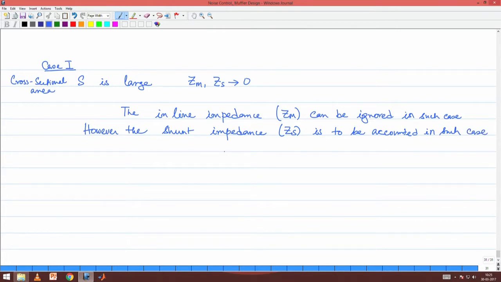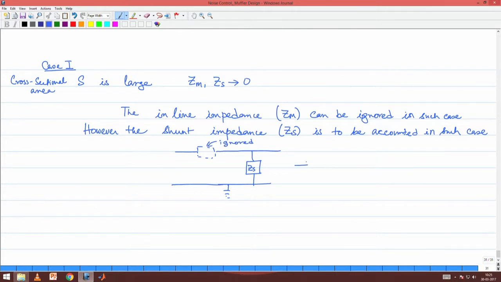So, that leaves us with the situation that in this case we will have only a Zs in the shunt position, and virtually this Zm block is not there. Okay. So, this is ignored,